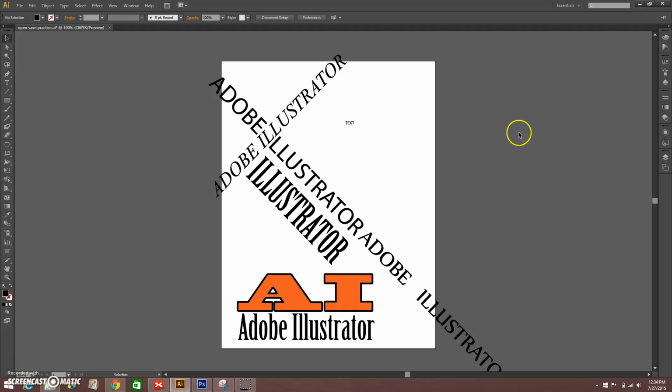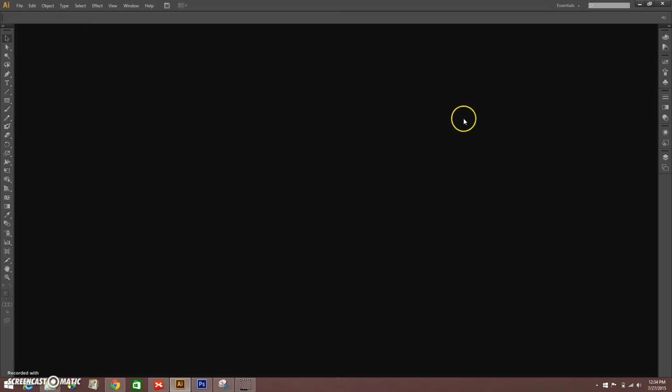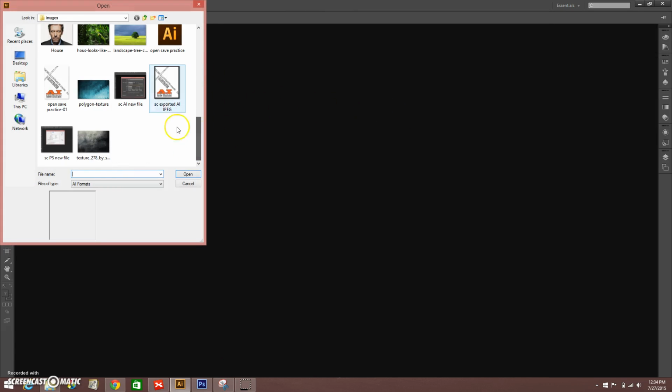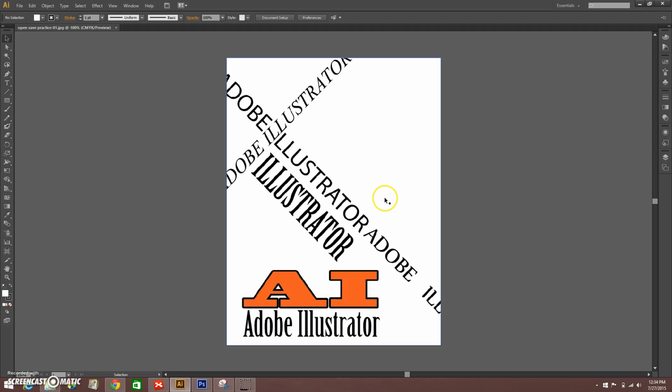The last part is your preview pane. Of course, this is where your artwork is going to be. If you don't have anything open, it's just going to be blank, and you'll see nothing there, but you can open up a file in Illustrator and see the information for that particular file, kind of like you would in Photoshop. So for example, here you can see the name of the file. You can also see that I'm viewing it at 100%, and it's also showing me my color mode, CMYK preview, and that's pretty much it, whereas Photoshop will actually tell you what the pixel dimensions are. It'll tell you the name of the file, but it'll also tell you the file size.